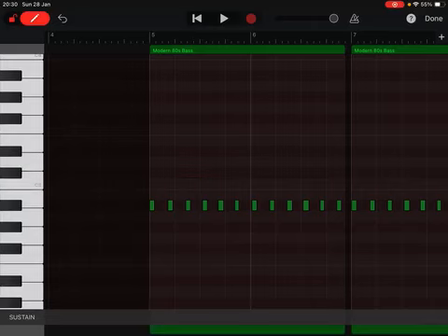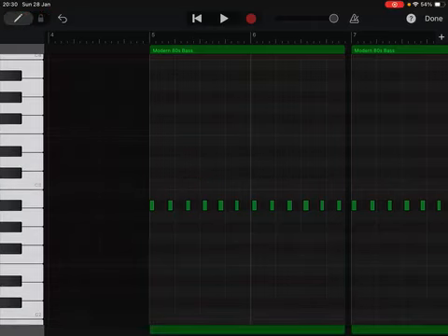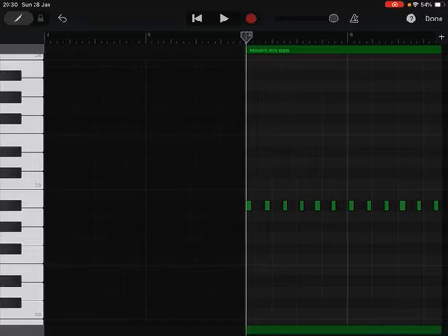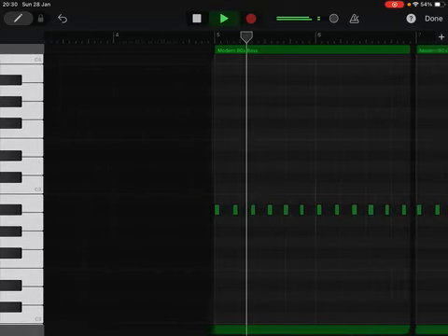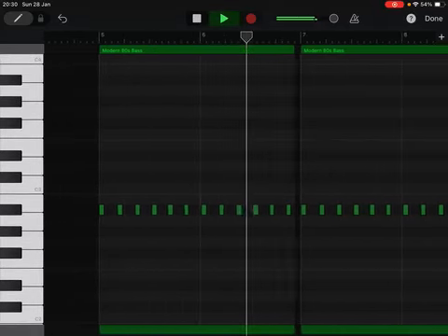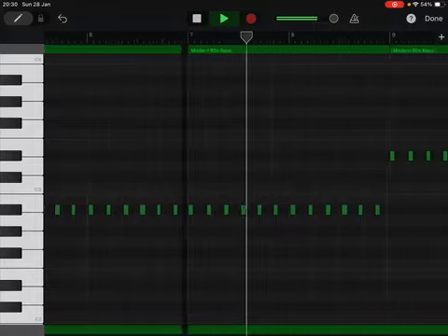But the good thing about this is that you can record the rhythm, you can tap out the rhythm of the bit you want to do. And then when it changes note,